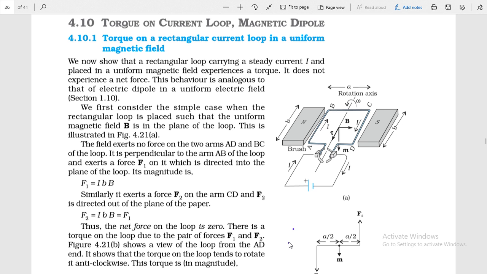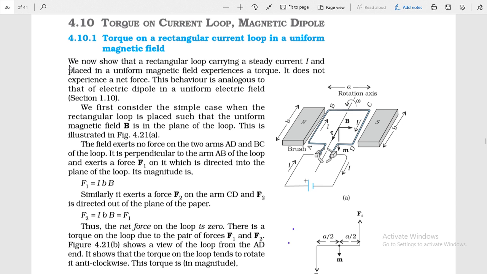So let us start with this topic. In this topic there is a coil. You can see a coil placed in an external magnetic field, and by magnetic torque it will rotate in this magnetic field. So let us understand these things by the text given in this paragraph. You can see on your screen.